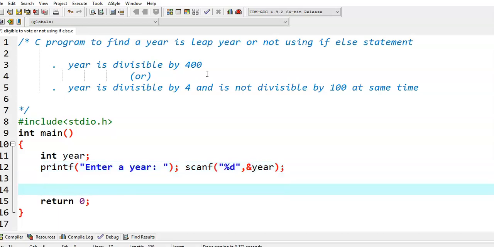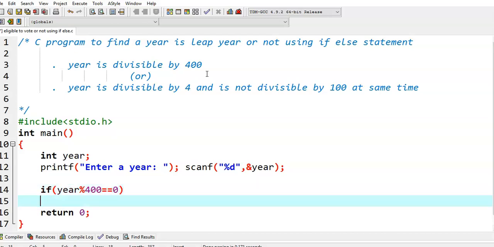Then we write the condition. For the first case, if year is divisible by 400, we apply the modulus operator. Year modulus 400 will give a remainder. If the remainder is equal to 0, then